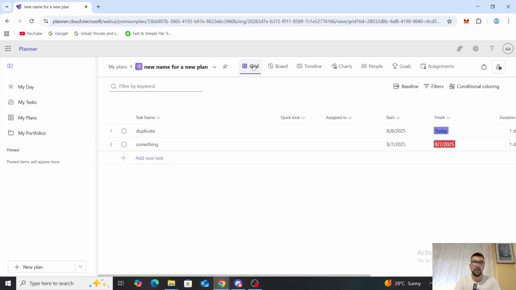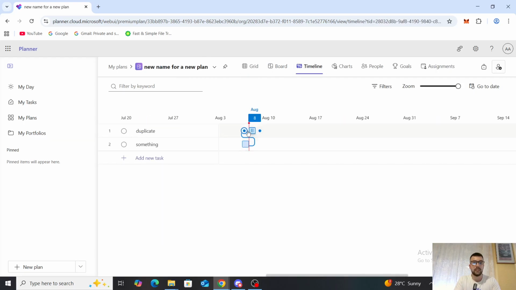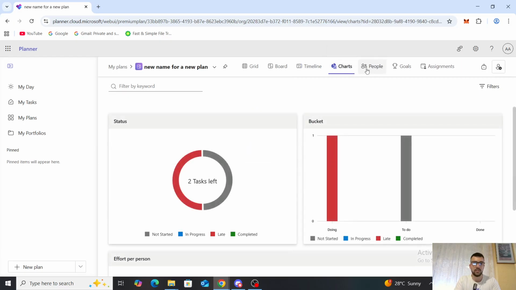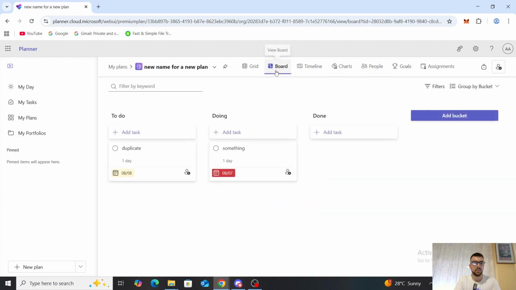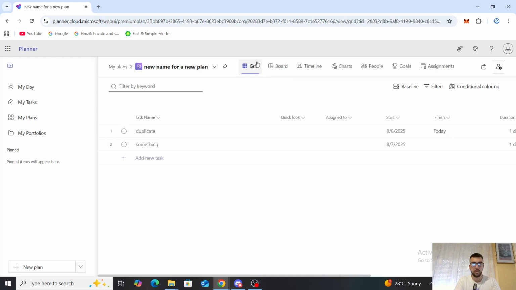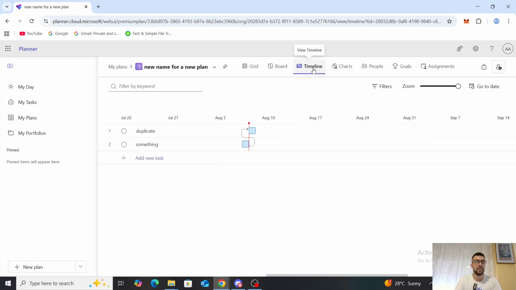You can see the grid view. So it's something like that. You can see the timeline, and this will be maybe the best way to showcase Gantt. You can also see charts, people, goals, and some other stuff as well. So the most usual way that a planner chart is presented is through the board way. You can also go through grid. So you can see something like this, but the timeline may be the most efficient way to actually replicate the